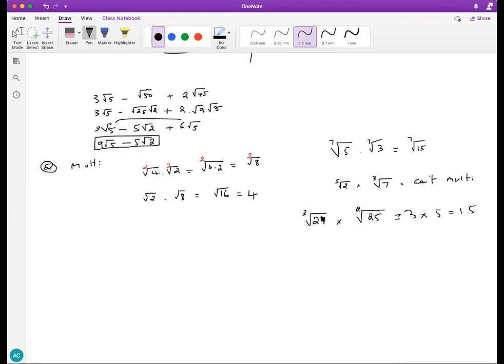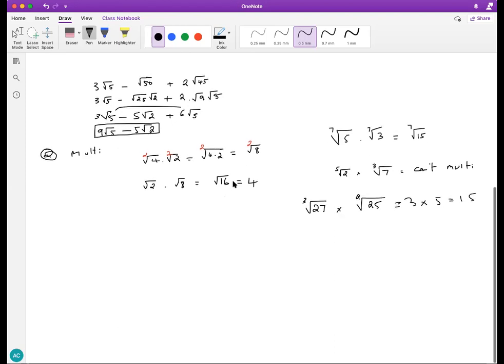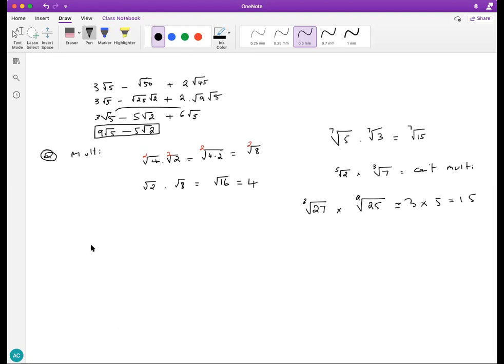So again, just try to multiply right away. If not, simplify. If it's not possible to simplify, that's okay. Make sure you have the same index before multiplying radicals. You don't have to have the same number here. Just multiply the two if these are the same. Another thing is when you have two,